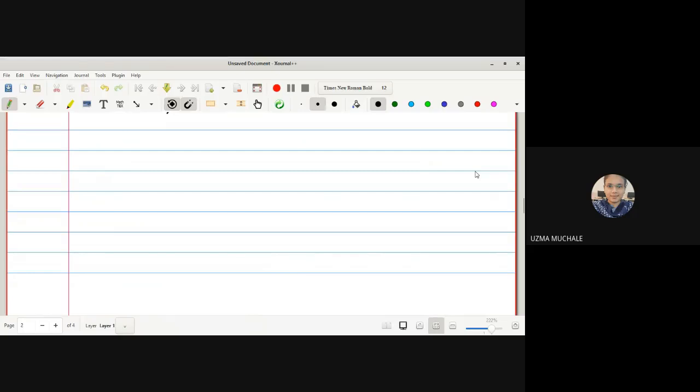Now, since the actual vector remains unchanged with respect to the coordinate system, that means we can say that this summation over xi dash square will be equal to summation over xi square. Will both of these be equal? Summation over xi dash square is equal to summation over xi square.